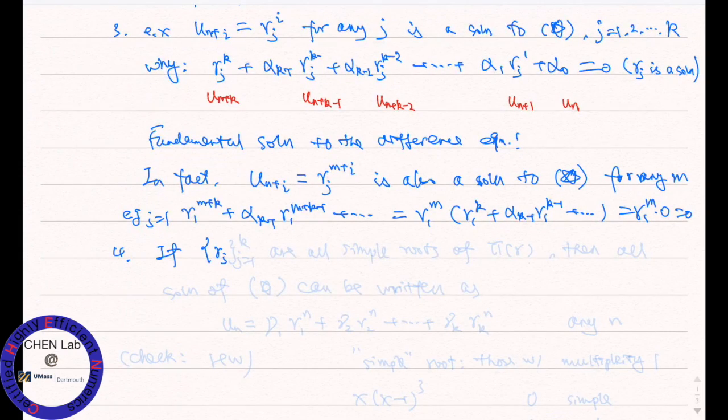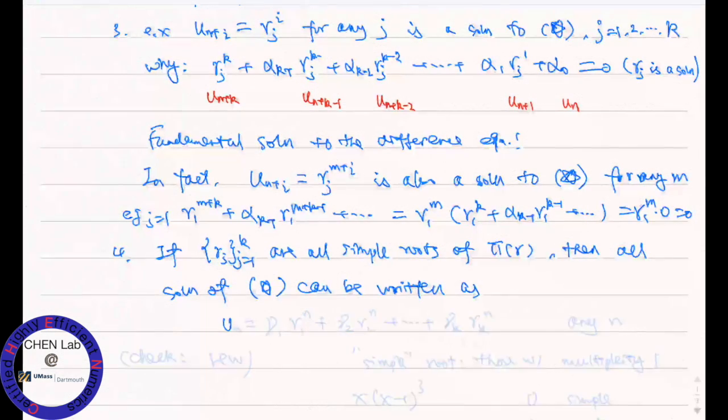If all those k roots are simple roots of that characteristic polynomial pi r, then all solutions of that difference equation can be written as